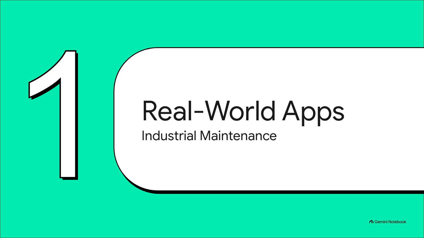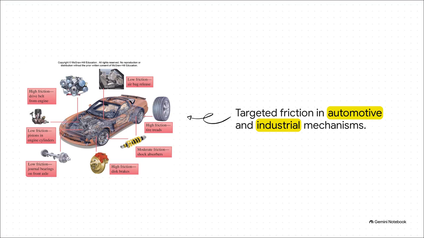Let's see how friction is somehow an engineer's absolute worst enemy while also being their very best friend. Just picture the massive amounts of kinetic energy flowing through complex 3D mechanical systems. In automotive and industrial maintenance, we deliberately engineer high-friction materials for things like drive belts and disc brakes. I mean, we absolutely need them to grip aggressively to transfer power or to safely stop thousands of pounds of